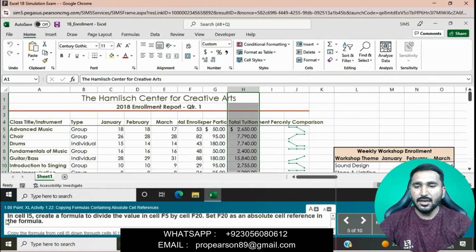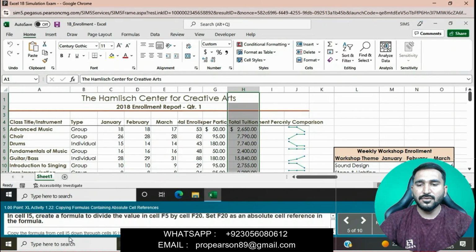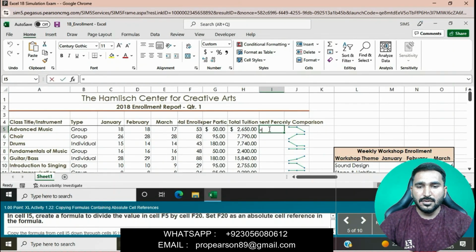In cell I5 create a formula to divide the value in cell F5 by cell F20. Set F20 as an absolute cell reference in the formula. Simply click on cell I5, then create the formula: total enrolled in F5 divided by F20.